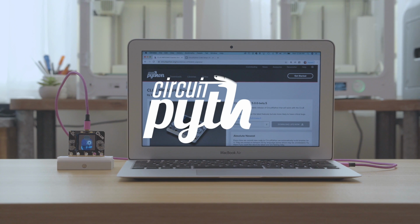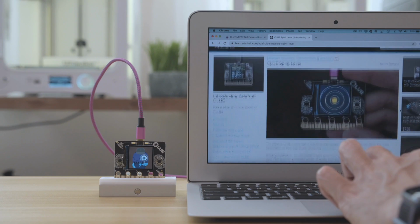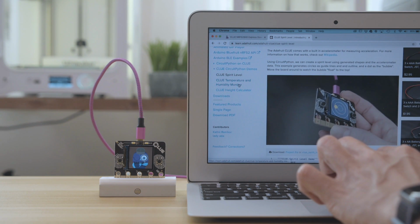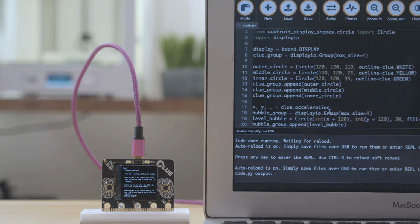With Adafruit CircuitPython, you can make cool projects using Adafruit's libraries and demo code. The Learn Guide has all the documentation you need and examples so you can quickly get your projects up and running. With CircuitPython, your code and libraries live on the board like a USB drive so you can access your